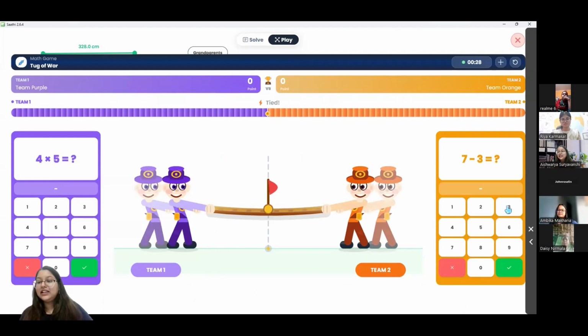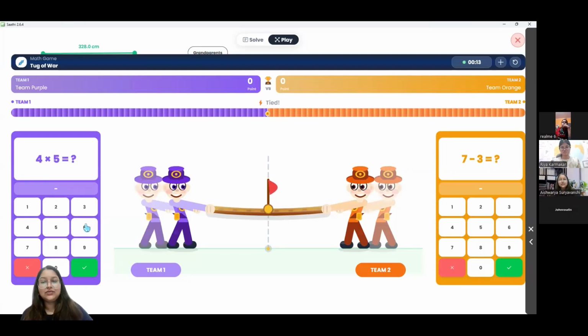This can be a very great icebreaker in your class, or you can use it if you want to bring back the energy of your class. If you're super tired, you can ask one student to stand here, or ask one student to stand at each side of the screen, or you can make two teams and ask them to play this. They will not be able to use clickers in this. They will have to come on the interactive panel to do that.